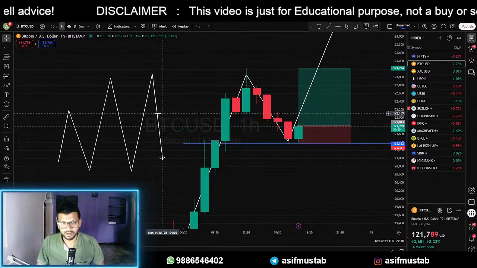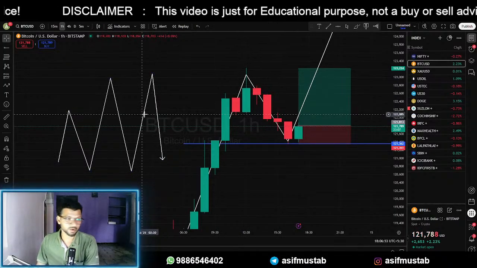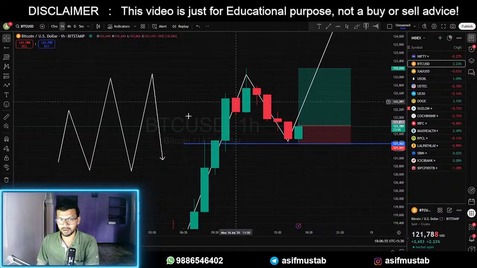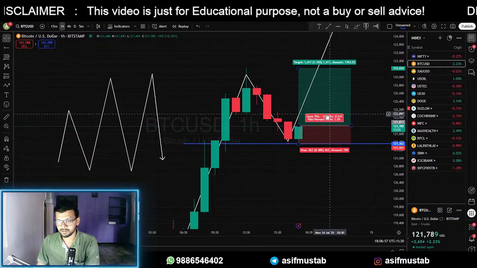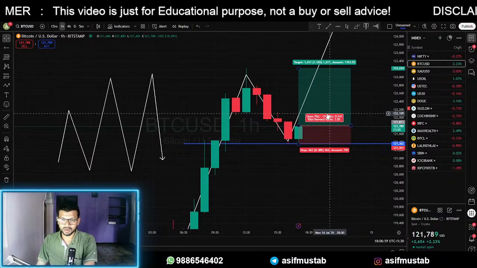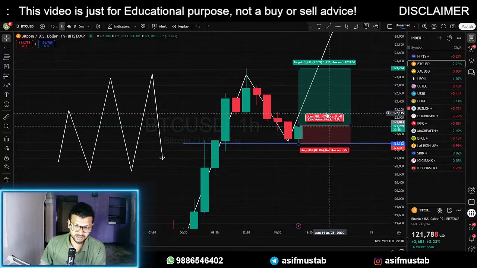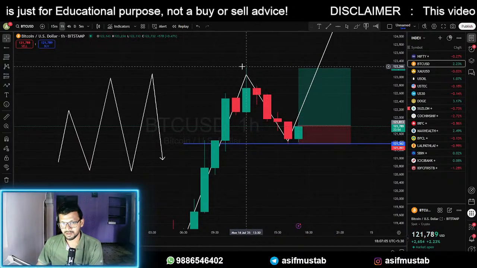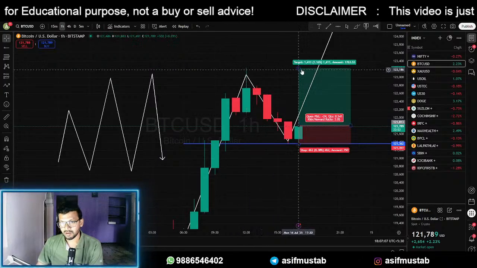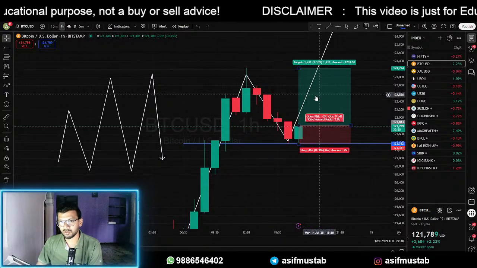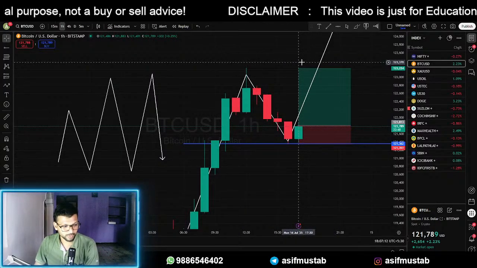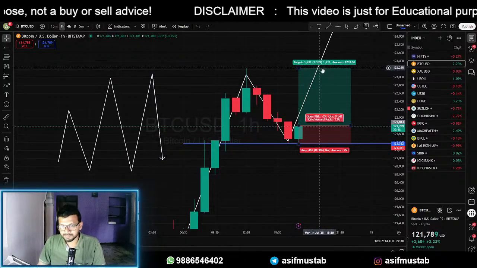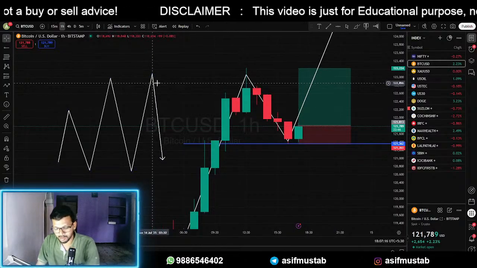Okay, it might cross the previous high and break and make a new high, but this is our 1:3 RR. According to our risk management, our SL and target are near our previous high. Okay, and if there is big momentum or if the market moves with the flow, we can definitely hold this trade until a good target.